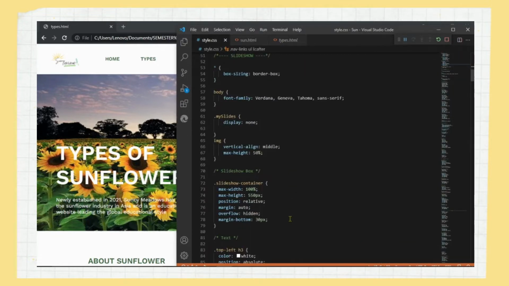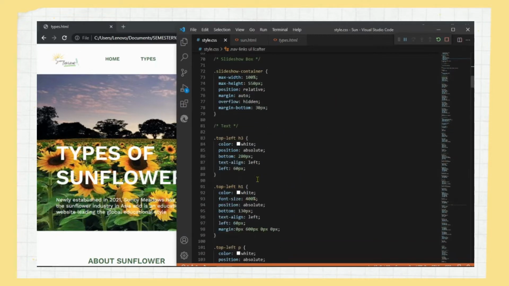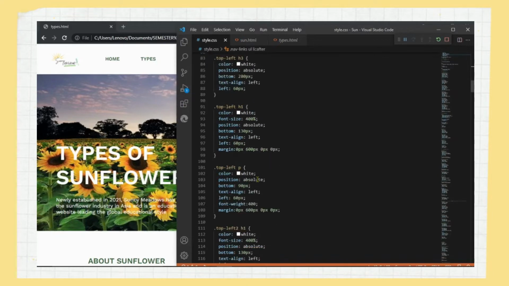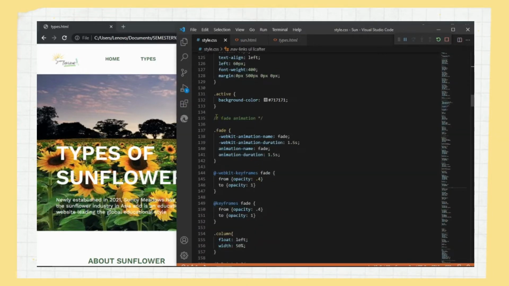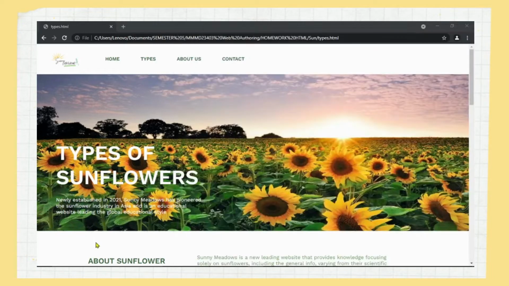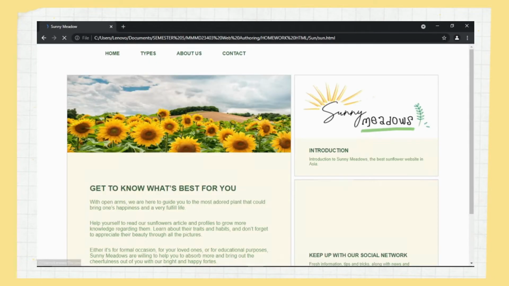For the CSS, other than styling for the wording and pictures, we put a fade animation. The fade animation is, every time the slideshow changes image, the first image will fade away before the second image comes in. For example,